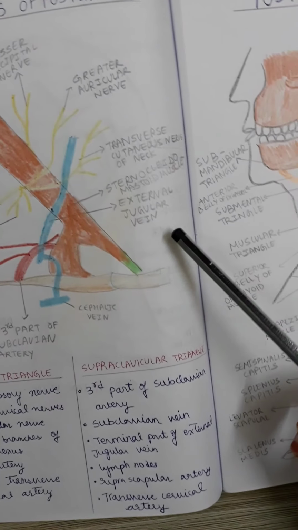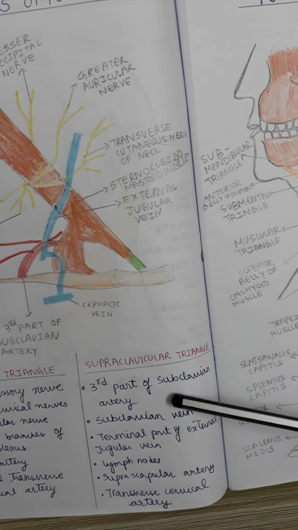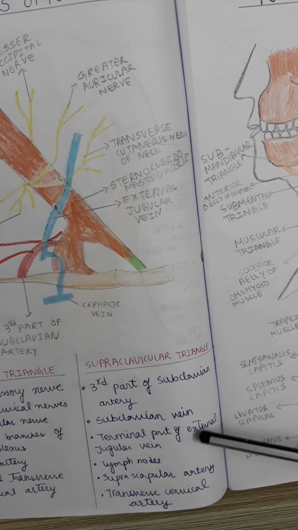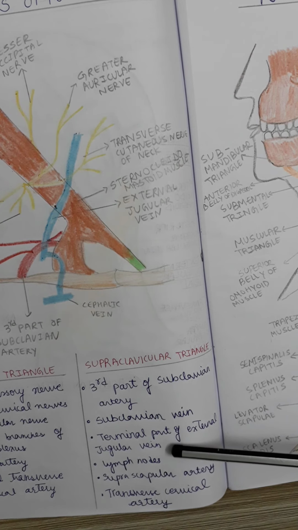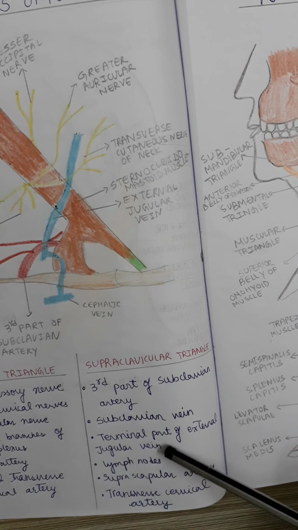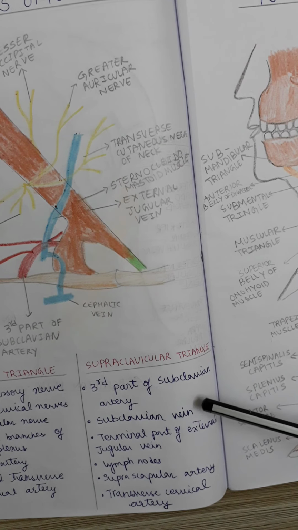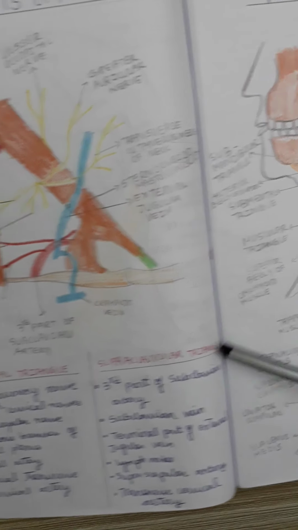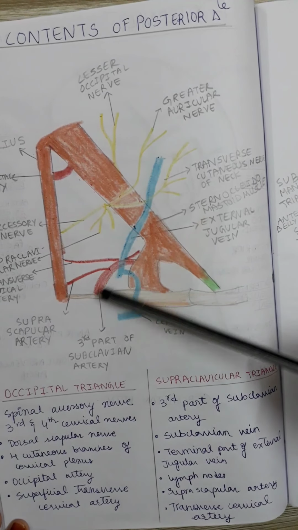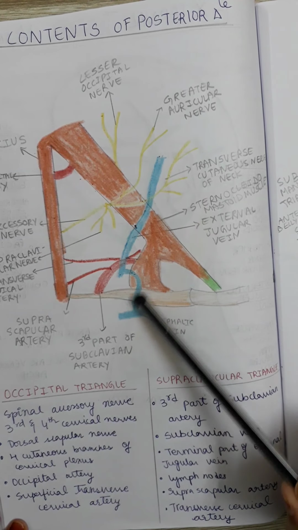Moving on to the contents of the supraclavicular triangle. We have the 3rd part of the subclavian artery, subclavian vein, terminal part of the external jugular vein. I'll make this easy now. We all know that the terminal part of the external jugular vein terminates in the subclavian vein. And the subclavian vein accompanies an artery. So the subclavian vein must accompany an artery, which is the 3rd part of the subclavian artery. Very simple. 3rd part of the subclavian artery, we have the external jugular vein, the subclavian vein, and finally